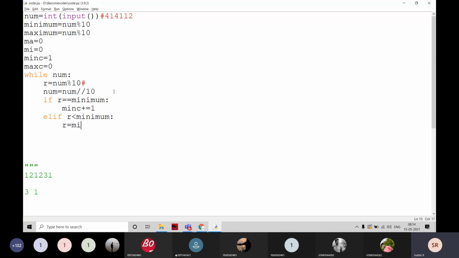Then I am going to increment it. Minimum is equal to r, then min c is equal to 1 again. I'm going to find min c.